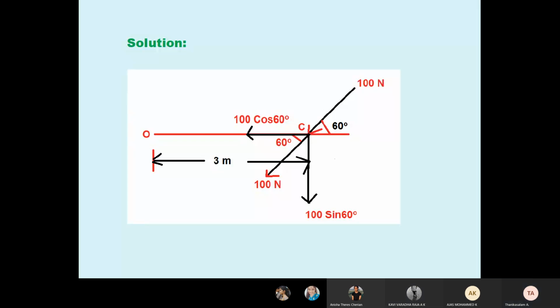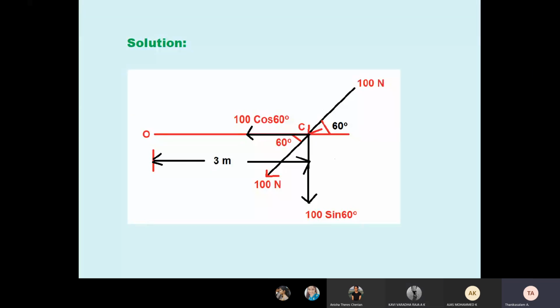So the moment is a clockwise moment or anti-clockwise moment? Anti-clockwise, sir. Sorry, clockwise, sir. So I told you, whenever taking moment, you put your finger on the reference point. Here, O is the reference point. Put your thumb finger there, and for the 100 sin 60 we put the index finger. Then just rotate. Yes, clockwise, sir. Therefore, MO equals 100 sin 60 into 3 meter.